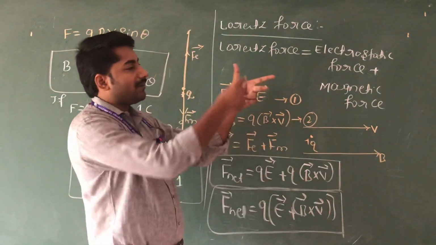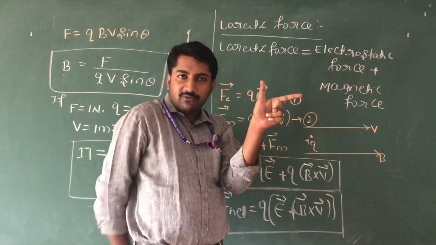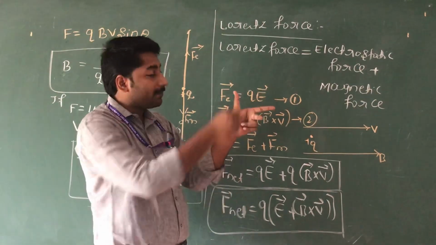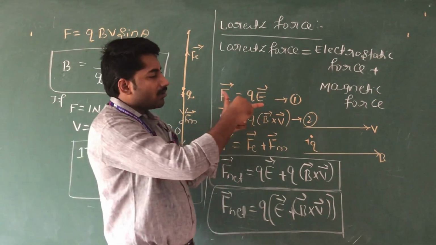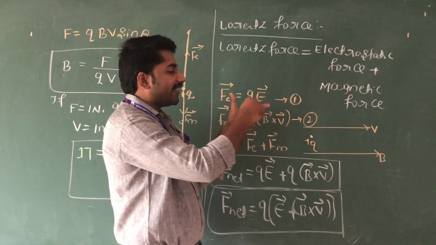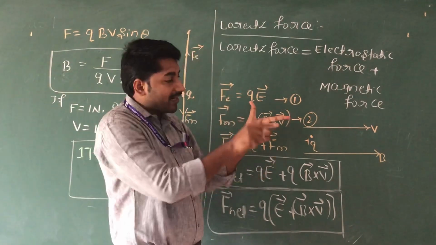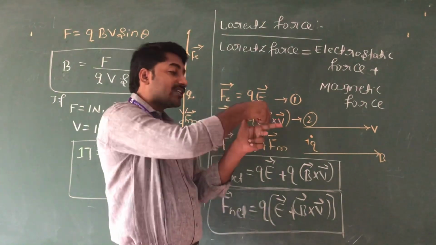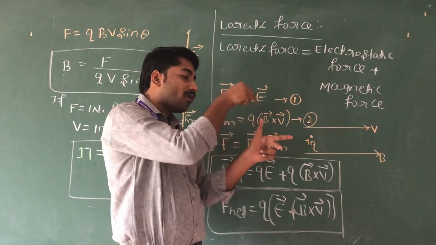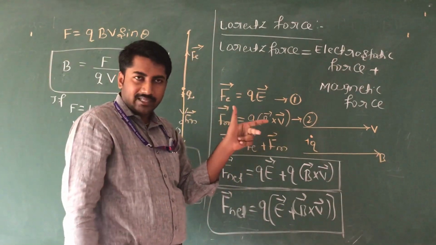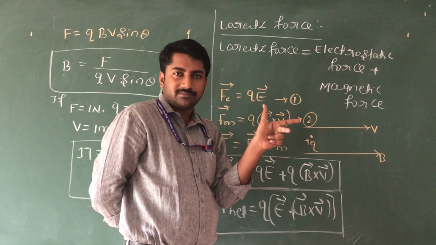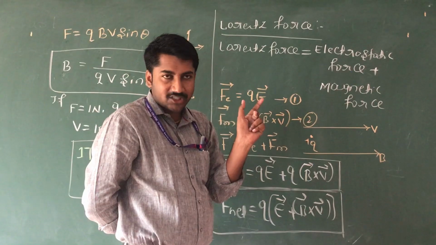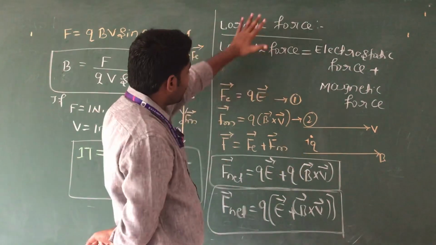By Fleming's left hand rule, when we stretch the first three fingers of our left hand mutually perpendicular to each other, the forefinger indicates the direction of the magnetic field, the middle finger indicates the velocity of the charged particle, which is at right angles to the direction of the magnetic field, and the thumb indicates the force acting on the charged particle. Here, there is no work done by the magnetic field on the charged particle. This is about Lorentz force.